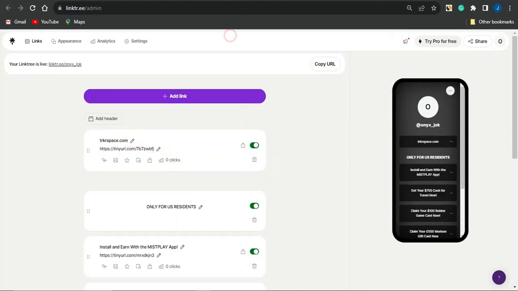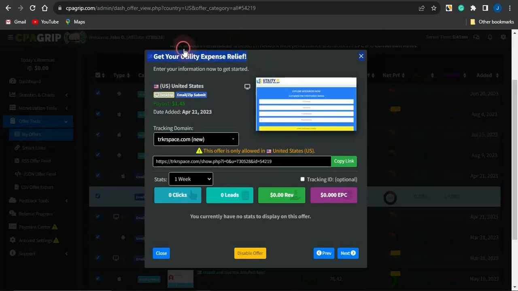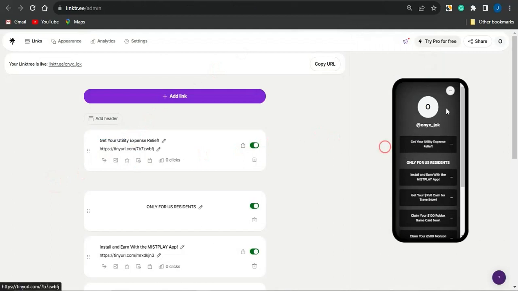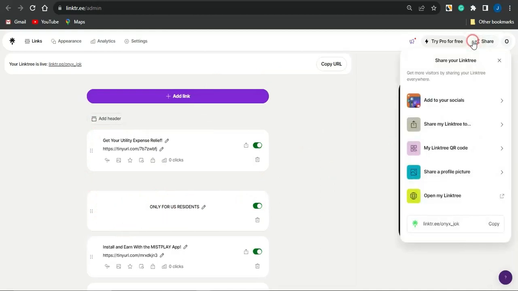What you want to do now is come back to CPA Grip, copy the title for this offer, head back to your Linktree and change that title. If I change that here, as you can see, it has been changed in this preview section. So you want to make sure you add multiple CPA marketing offers. Add as many as you can for this particular section. You want to put in a header such as this, which I did here, only for United States residents. Once you're done adding as many CPA marketing offers of your choice,